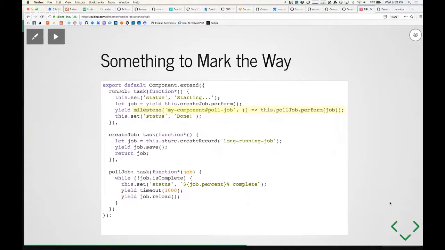So the only difference between this and the snippet that I posted earlier is this milestone wrapper that you can hopefully see is a little bit highlighted there. Essentially, where we were just calling pollJob.perform, now we've wrapped this in an annotation. We're giving it a name. We're saying, hey, this is tagged. This is my component's pollJob milestone. And by default, this does nothing at all. Whenever you hit that code in your app, it's just going to immediately invoke that callback that you give it,